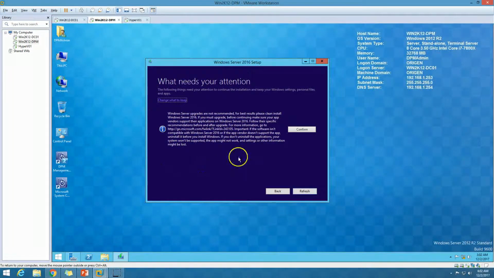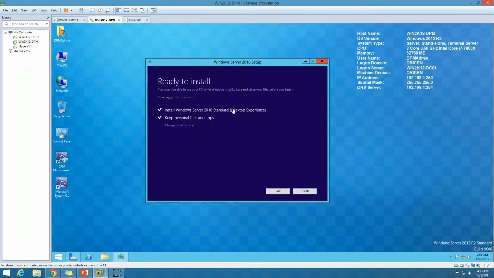So let's move on, click confirm. Now it's checking that we have free space, so we are good to go, ready to install. What we are going to do is install Windows Server 2016 Standard Desktop Experience and keep personal files and apps. So good to go, click on